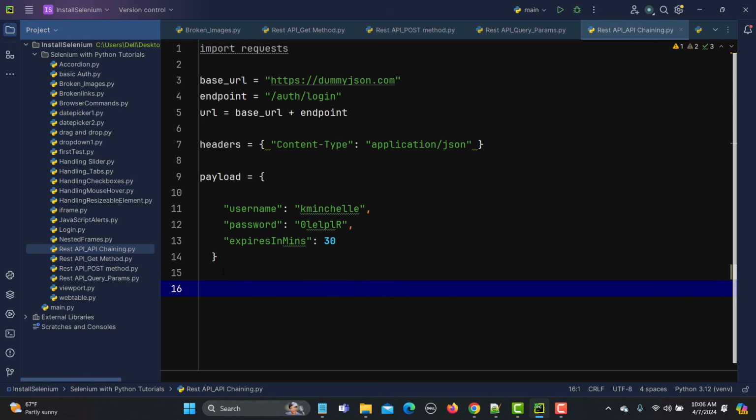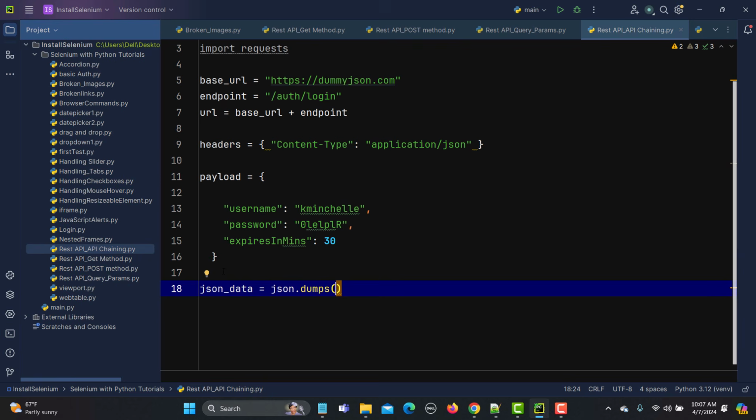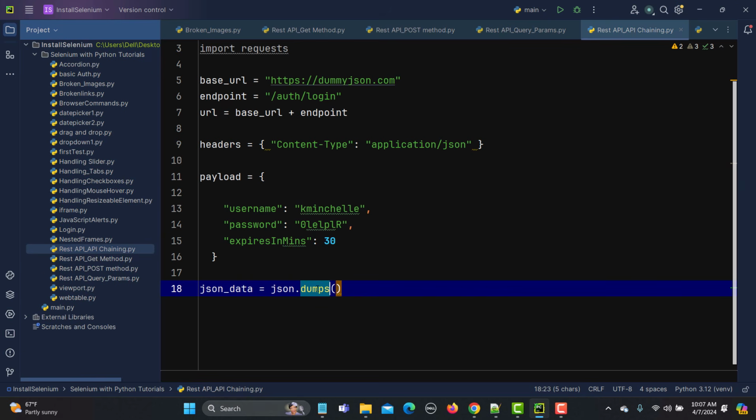So we have provided this one, and now the thing which we need to do is that we need to use JSON.dumps. Okay, why we need to do this? Let me show you. So I'm creating a variable called JSON_data equals to JSON dot. So we have this dumps. Okay, and if I hover on this one, hover again,